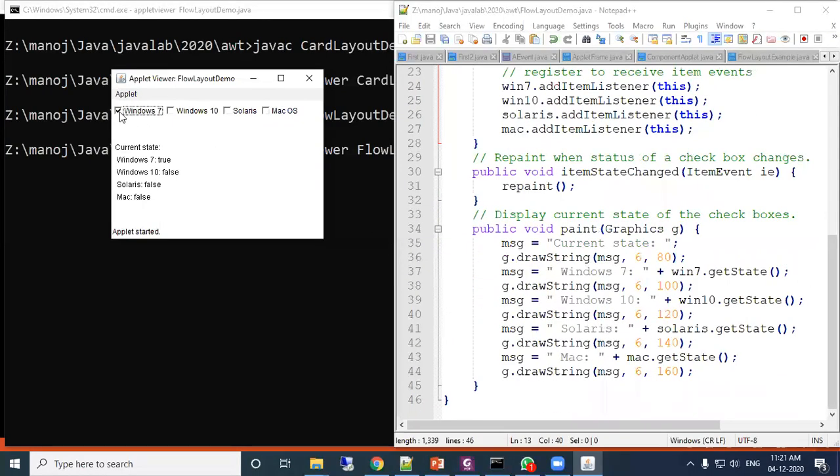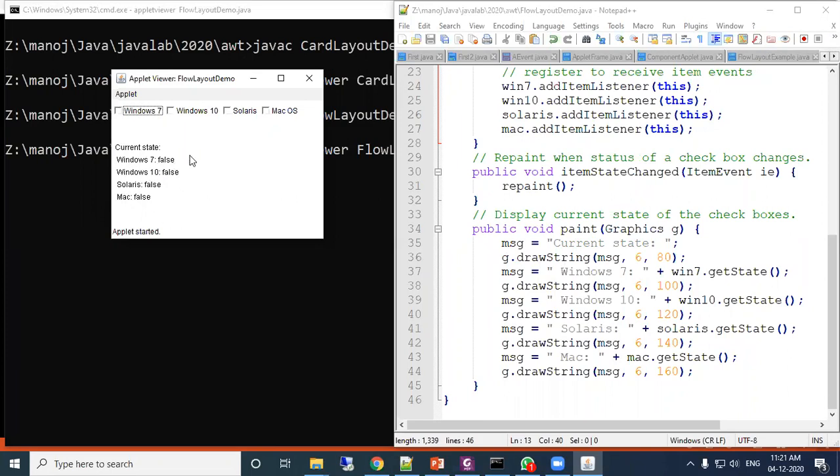See, Windows 7 state is true. Now when I click it, all of you look at this: it shows Windows 7 true, Windows 10 false, Solaris false, Mac false. So when I unclick this, the program immediately executes, and see here, Windows 7 shows false and the others are already false.